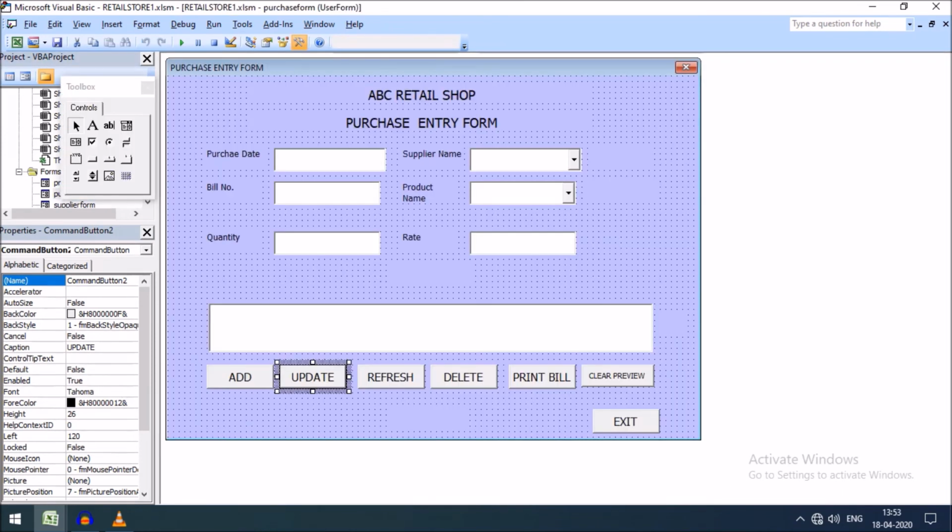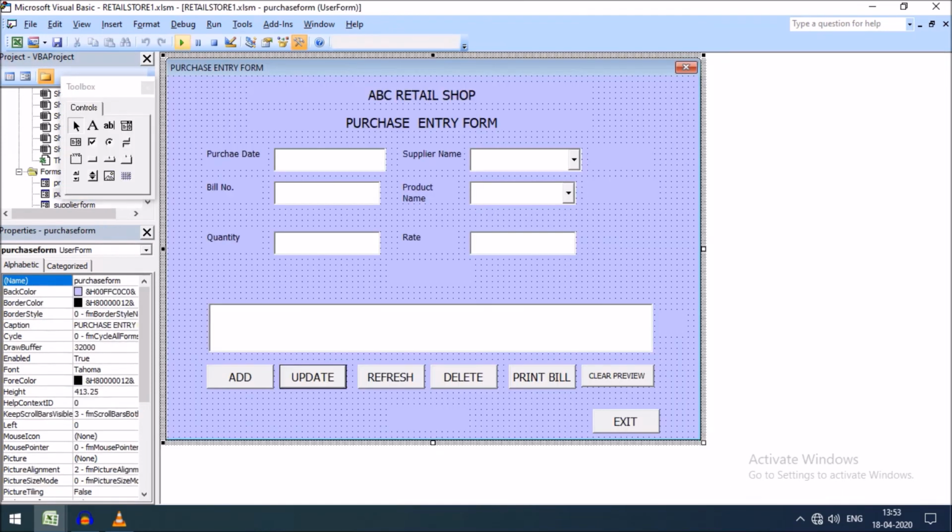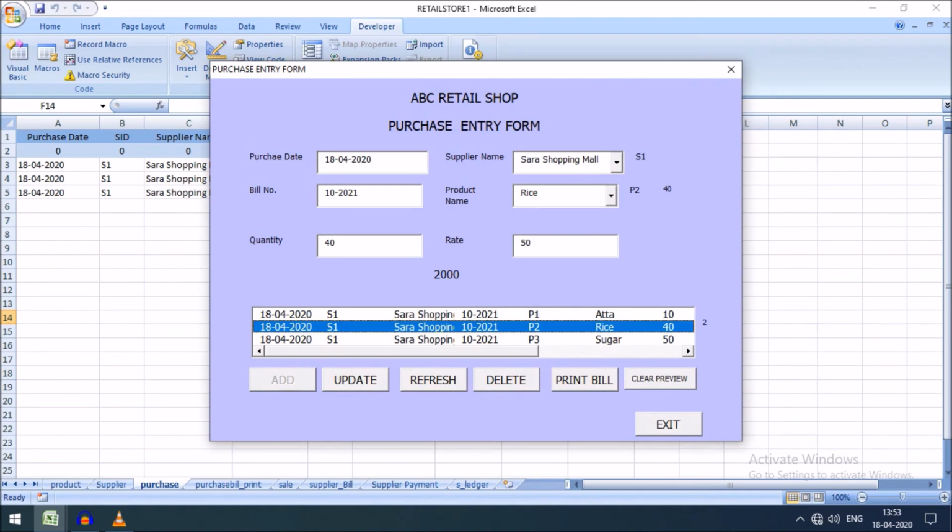Here you can see, friends, this transaction ID is showing beside the selected record of the list box 1.